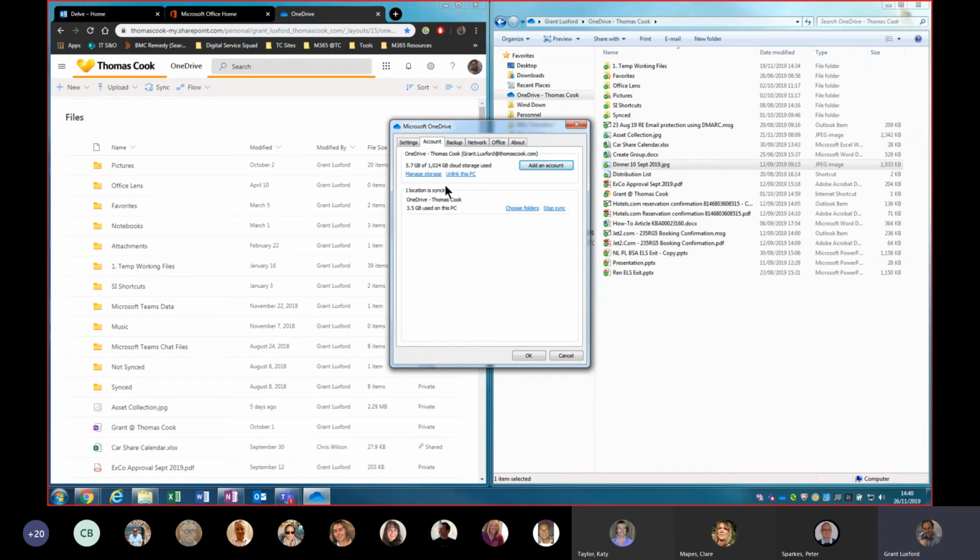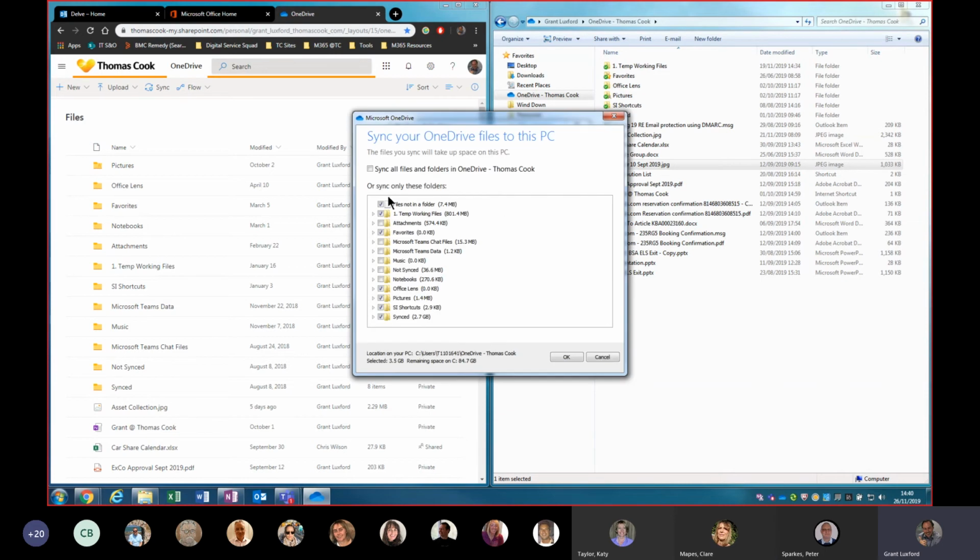You could be syncing with multiple different OneDrive locations, and you can choose the folders that you want to sync. So then this is bringing up the view of all the things that exist in my OneDrive, and you can see that they match on this side in a slightly different order. But then I can tick or uncheck the ones I want to have synced down to my local